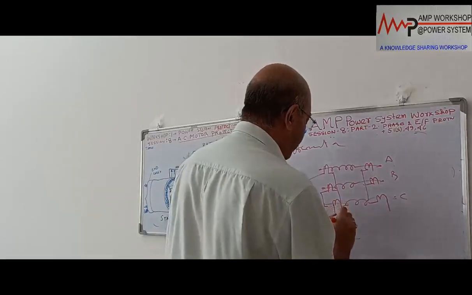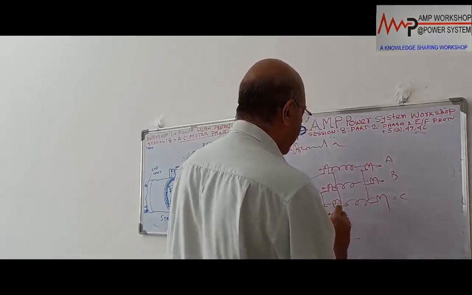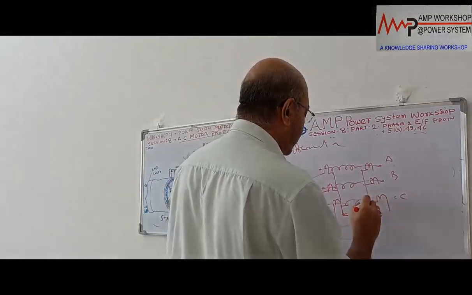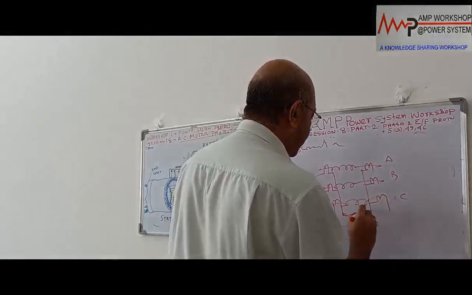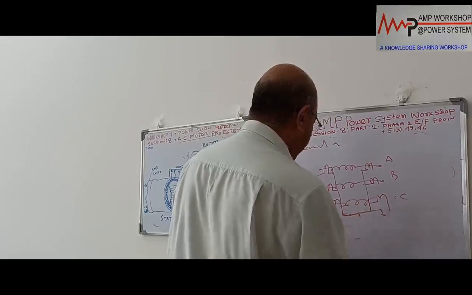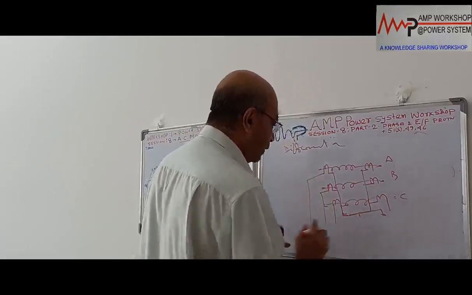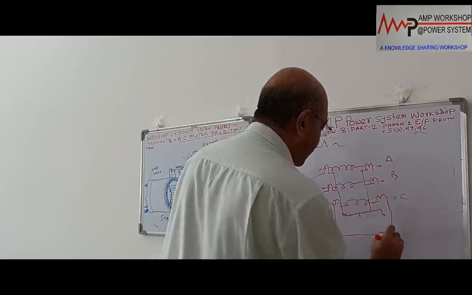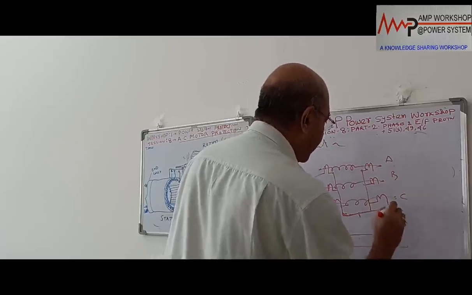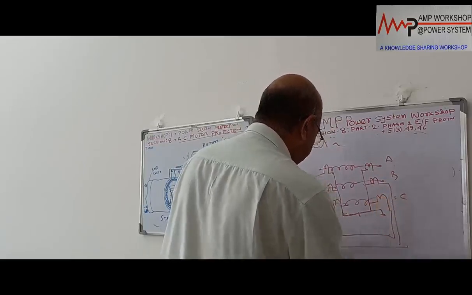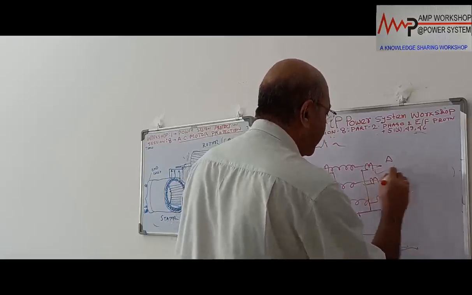This is the neutral side. The neutral is coming over here. This 3 CT neutral and this 3 is neutral. These are connected. This neutral is connected over here, and this phase 3 side is coming. One phase is coming over here, the second phase is coming over here, and the third phase is coming over here. Right? These are the connections.